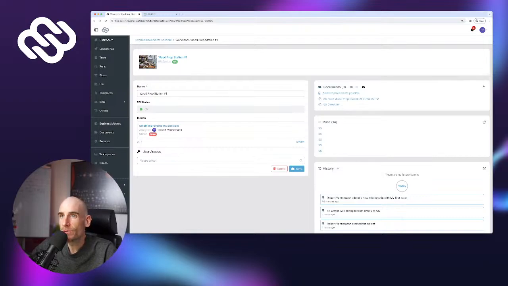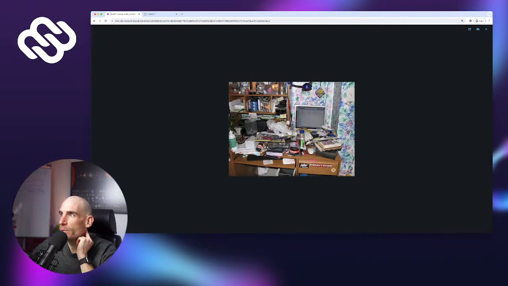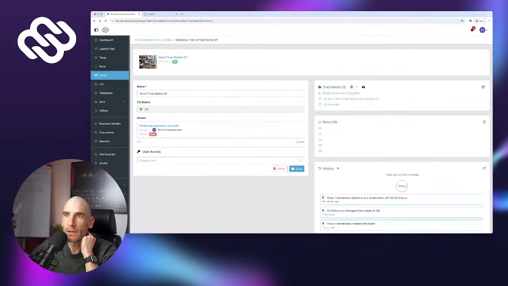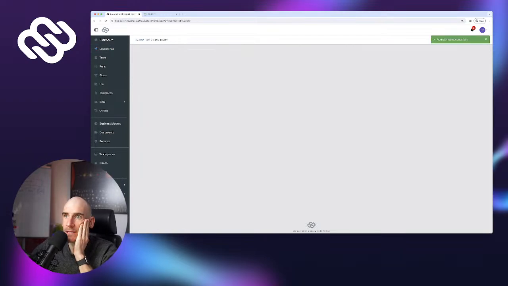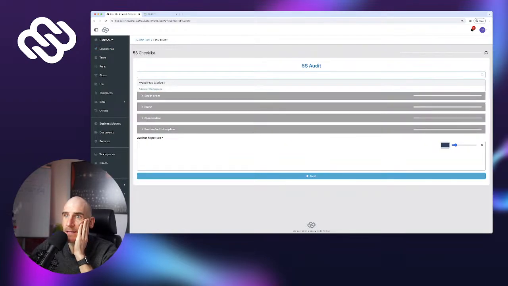Now, what it did do, it automatically set this image as the highlight image of this workstation, which, I guess in this case, is fine because it's indicative of this workstation. You can set this highlight image however you want if you have more than one picture, right? But let's do another run of the 5S audits, and we're gonna select the same workstation,